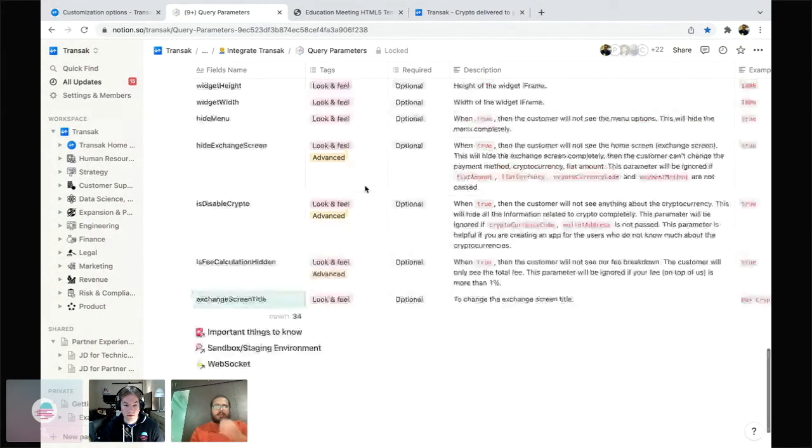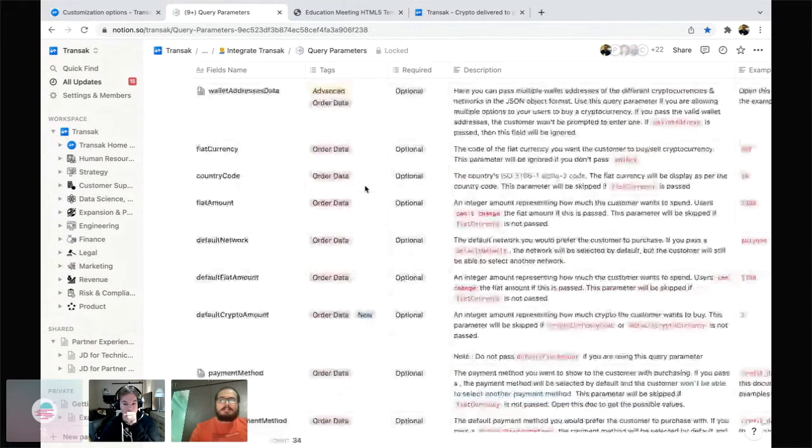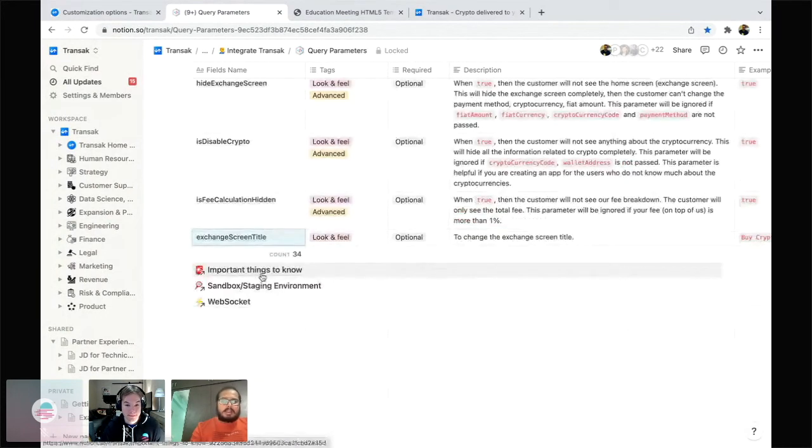So these are the few query params that are currently available, using which the partners can do the customization and do the integration, and show their users the widget the way they want. There are a few more important things that are available over here,